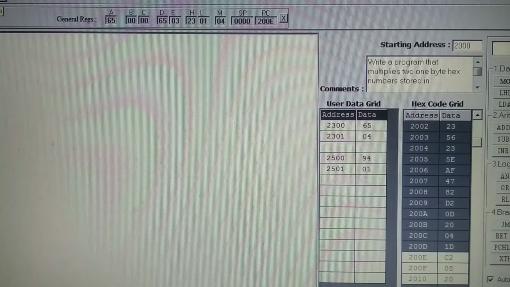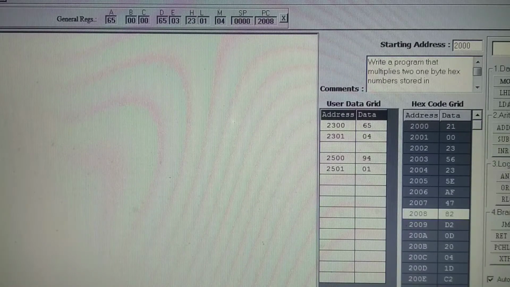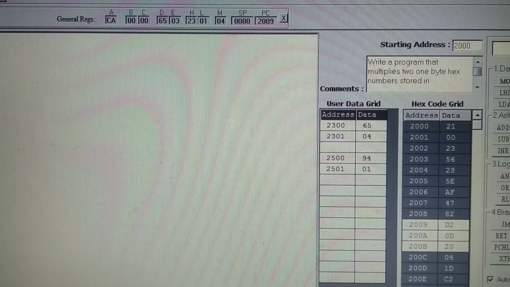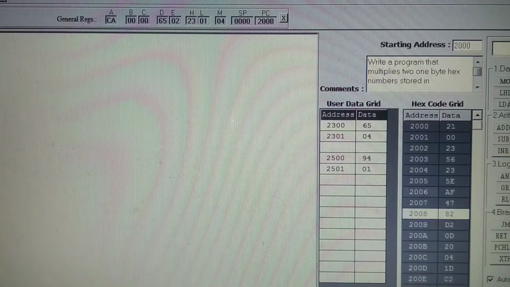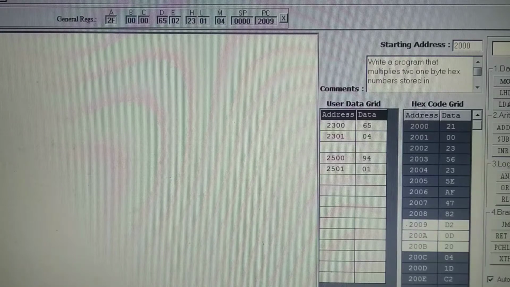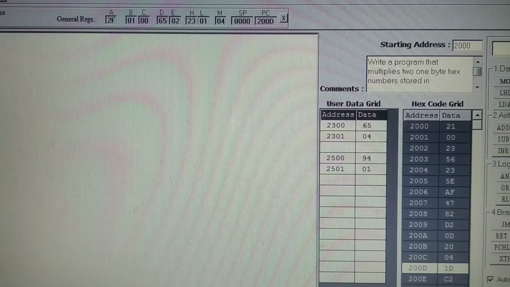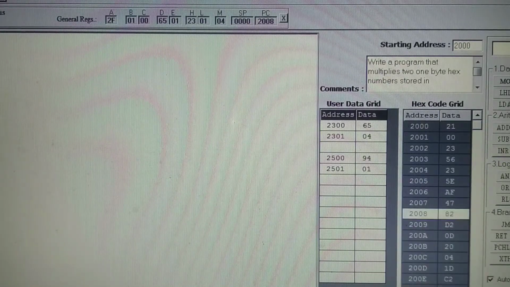Then go to the instruction again, add D, you will get CA, carry is not generated. I am executing each and every step. Check the contents of the registers after execution of each and every instruction. Note down the contents.